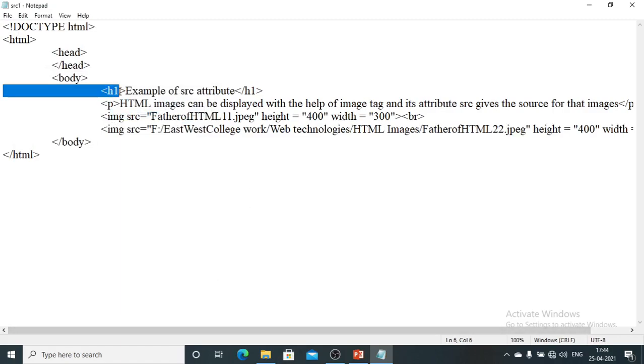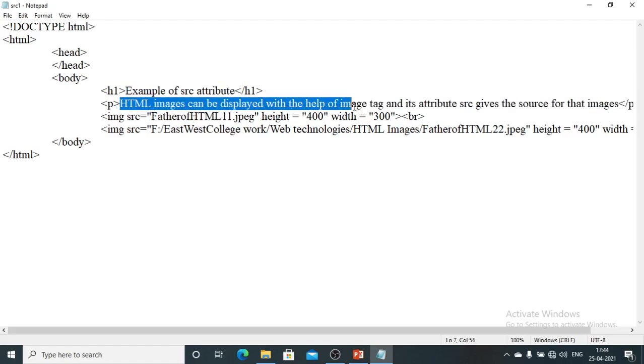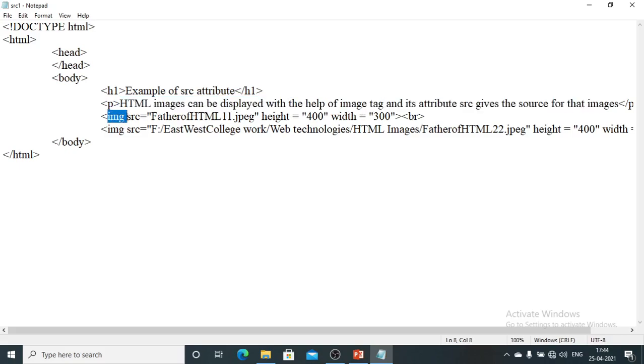Here in the body I have added text like 'Example of src attribute' that will be printed in heading 1. Next I add a statement: HTML images can be displayed with the help of the image tag, and its attribute src gives the source of that particular image. Here I have taken an image tag with the src attribute, and I am giving the value of a particular image, a JPEG image.